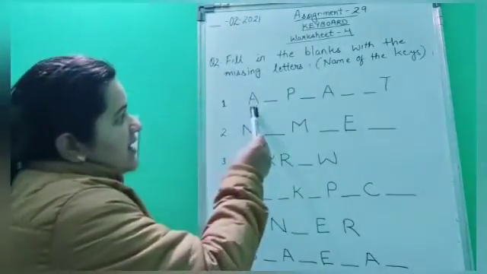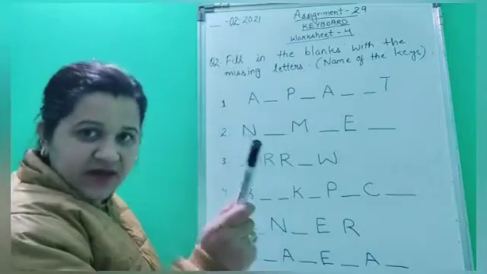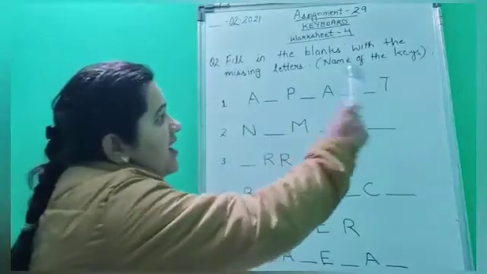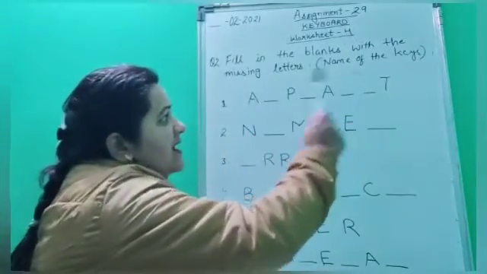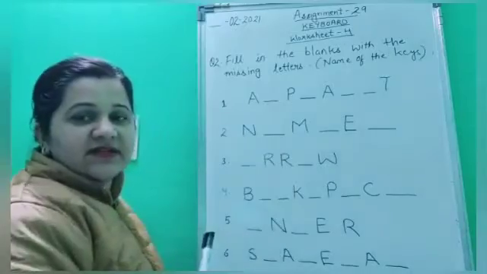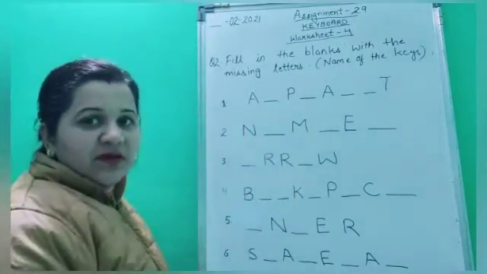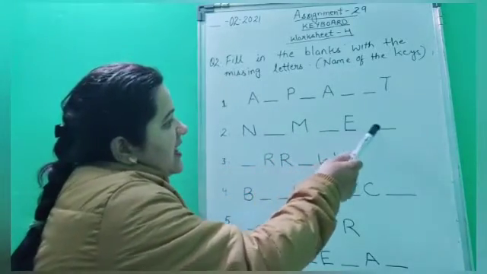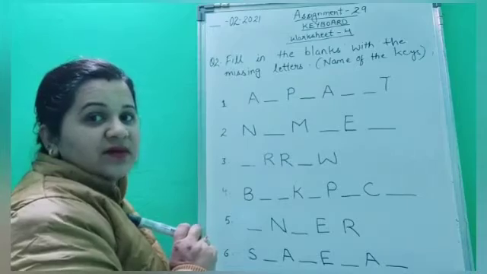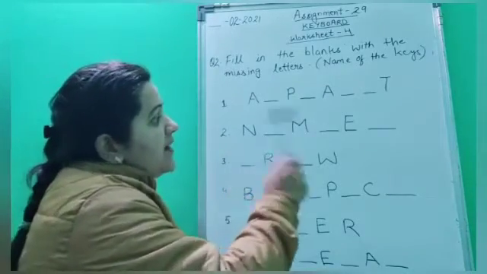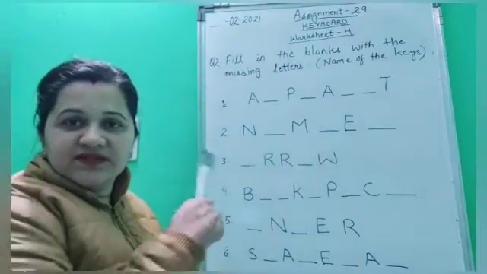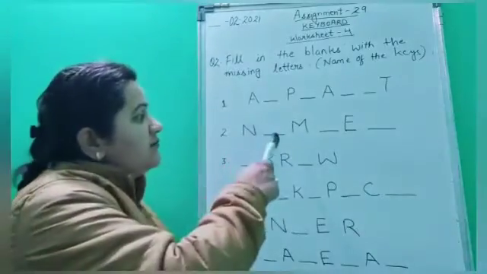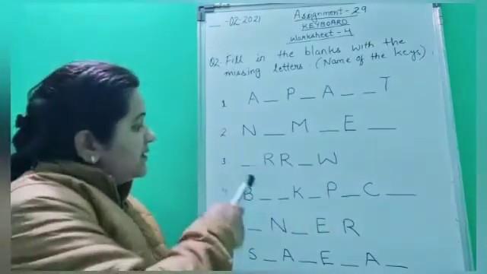What is the spelling of alphabet? Just learn it and then fill it between the words. This is alphabet. So you have to learn the spelling of alphabet, then you have to write it. You have to fill the missing letters in between the words. Okay. Next is, what should be? Yes, number. What is the name of the key here? Number. Now learn the spelling of number and then fill the missing letters here.